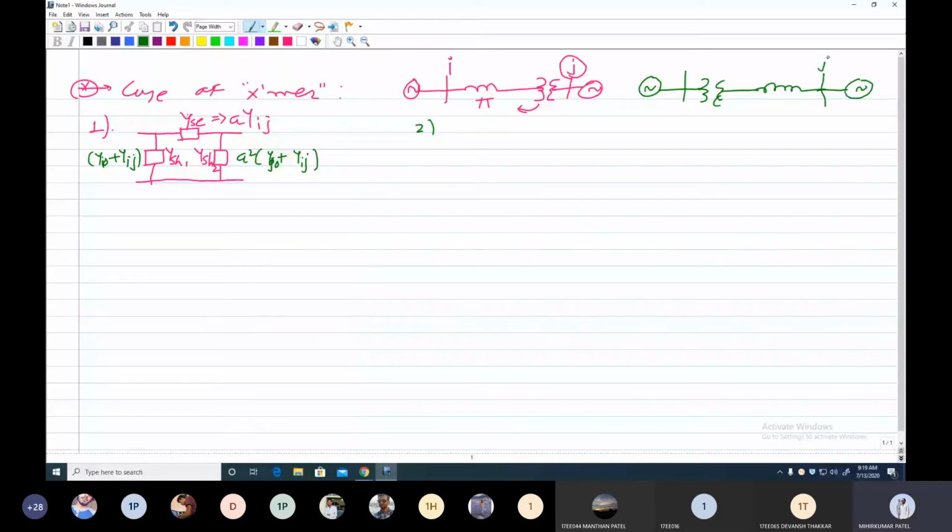Now you can consider our transformer is placed near or at the ith bus, and the pi model is considered at the right side of the transformer. Then the equivalent pi network for such case